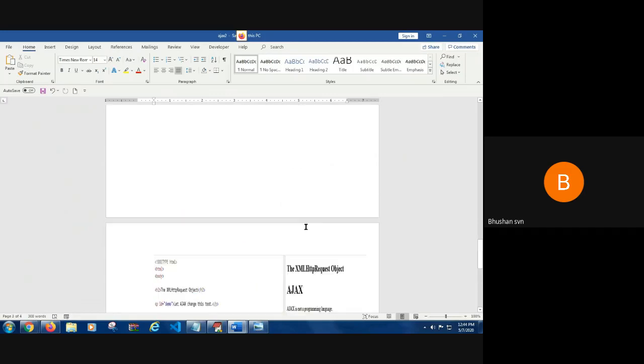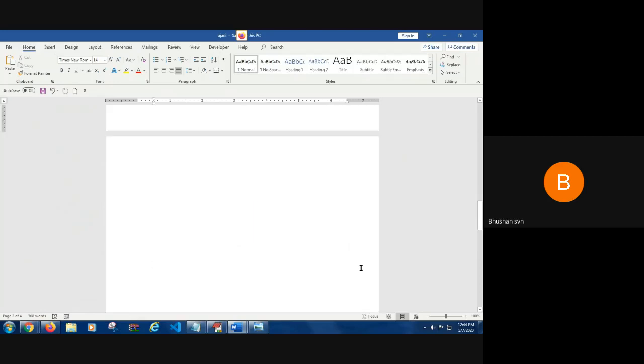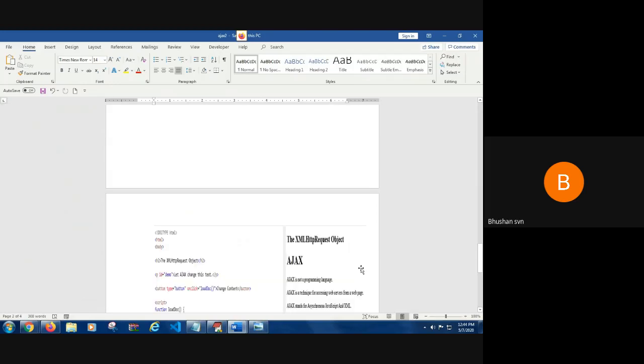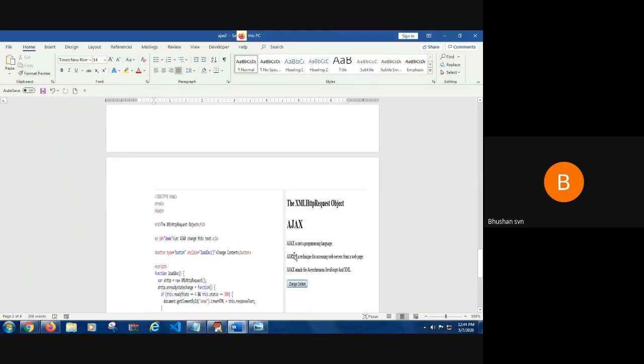If you see this, the text was 'Let Ajax change this text'. This remains constant, it is not changing. Only this part changes when I'm clicking on these things. You can see that information has gone and is replaced with this specific text.